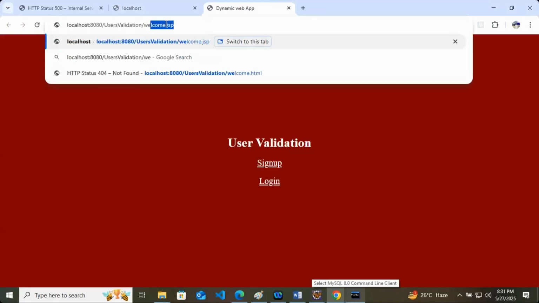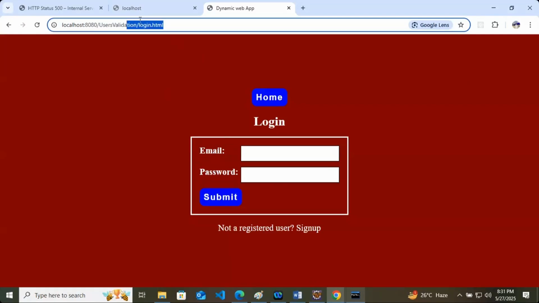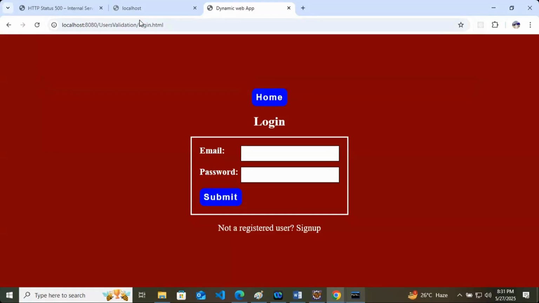Now again I will fetch welcome.jsp. It took me to the login page. You are not logged in. Again try to fetch. Doesn't matter, because every time username will go as null. If username is going as null, come to login. When you do login, then username will not become null.